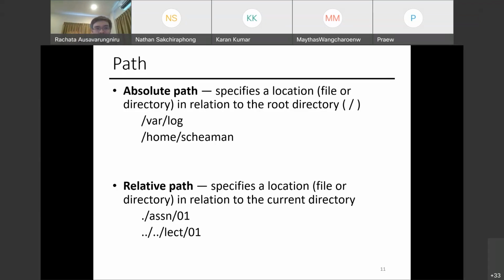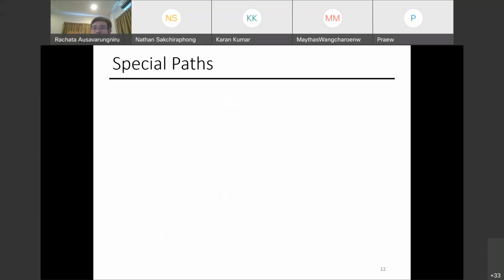In most cases, when you are using the terminal, one thing I can tell you, most of the time you're going to use the relative path because it's much easier to browse through your directory. It's like when you click back and forward and back and double click. The absolute path is actually pretty useful when you want to script and make sure you write a certain script to run certain things.